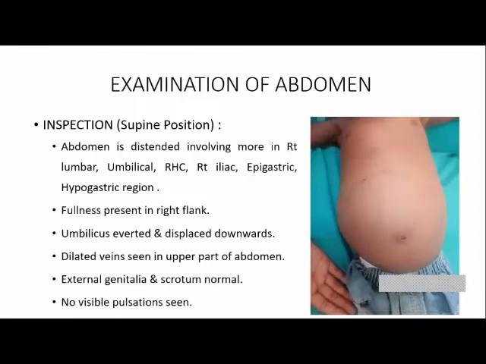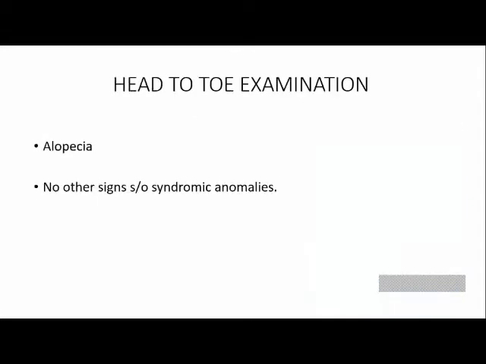Which syndromic anomalies do you look for? I looked for any change in the iris, and I did an iris examination to look for aniridia. I looked for any hypertrophy of the limbs, and I looked for any other syndromic anomalies like low set ears. These are the various ones. Okay, go ahead.